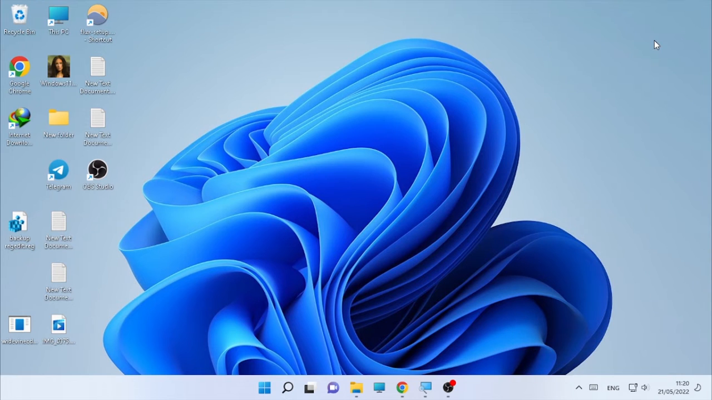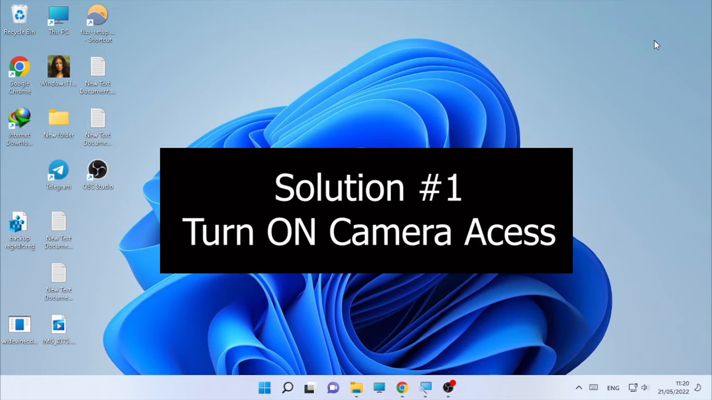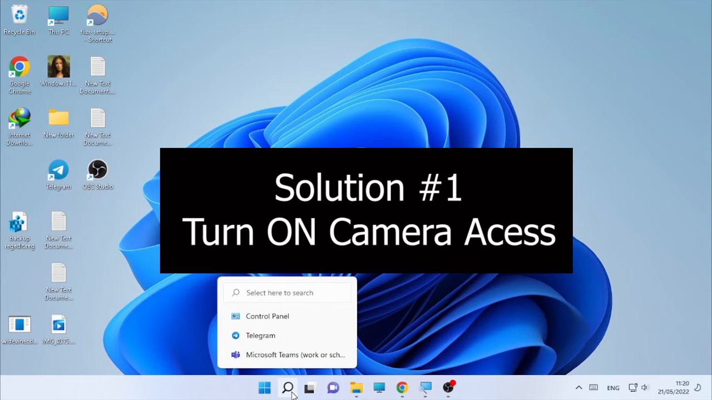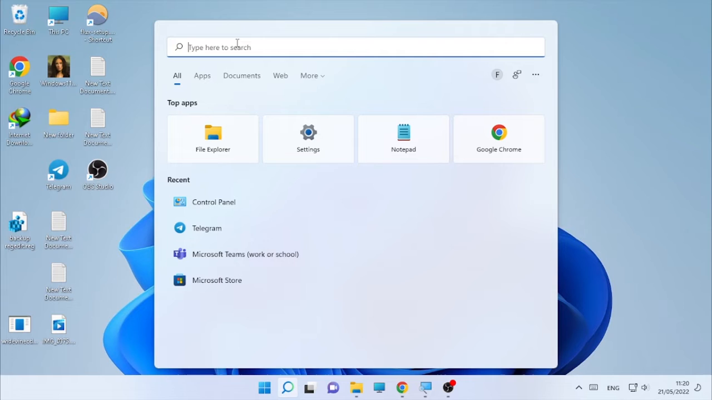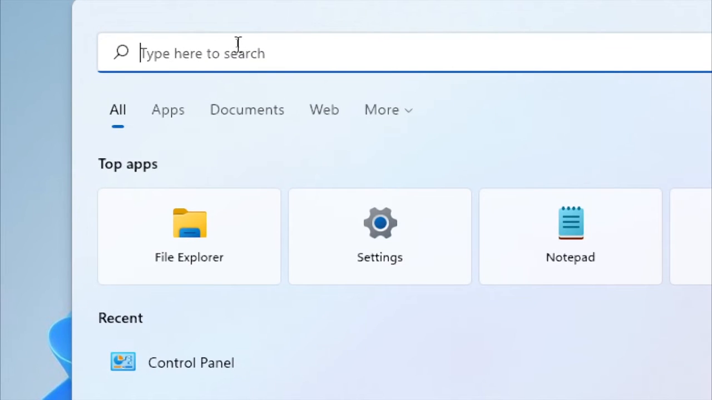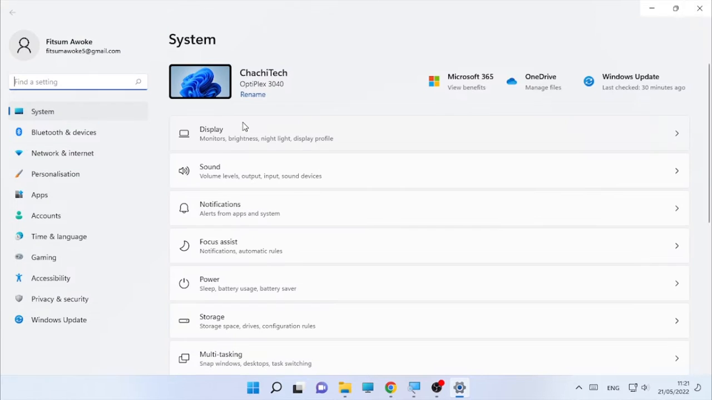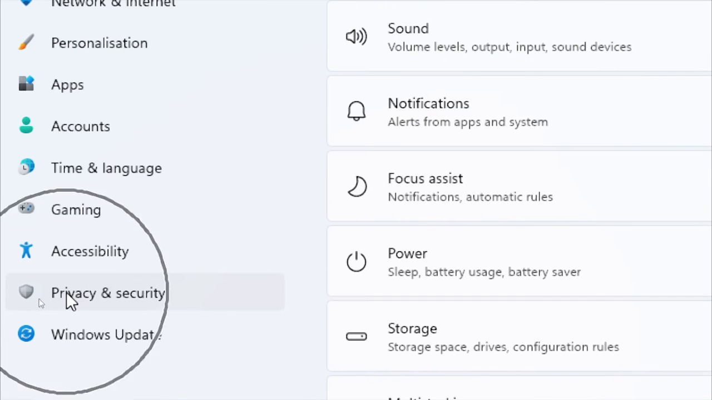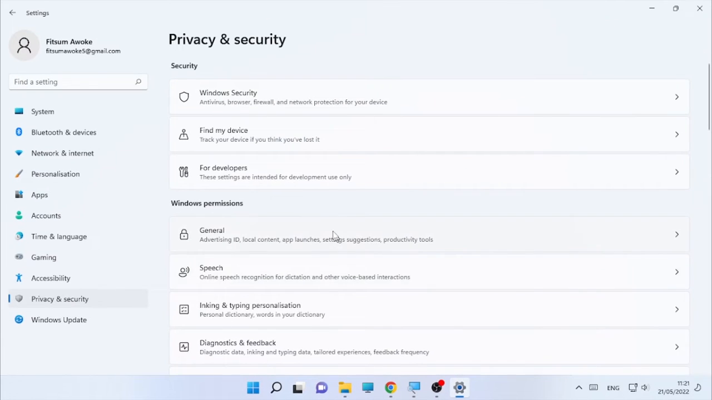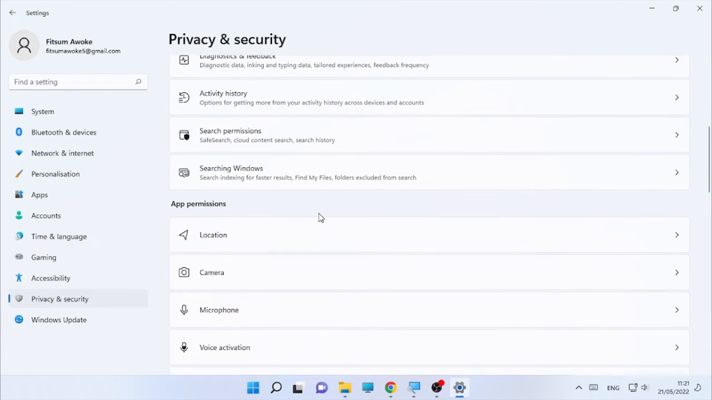So solution number 1 is checking your camera under privacy and security. So to check that, click here the search icon. Type here settings. Here the settings, then open the settings. Then after that you will find privacy and security here. Then select the privacy and security. Then scroll down to the bottom and you will find under the app permissions camera. Then open the camera